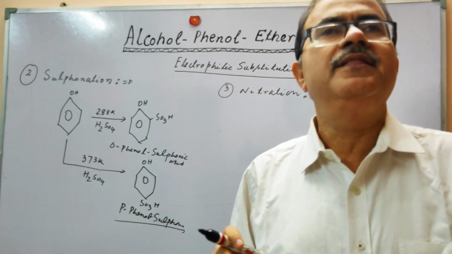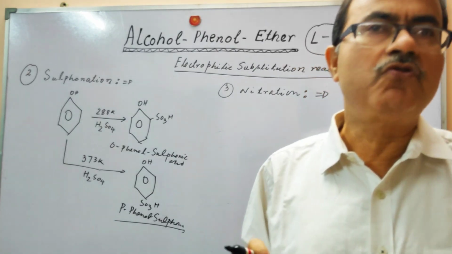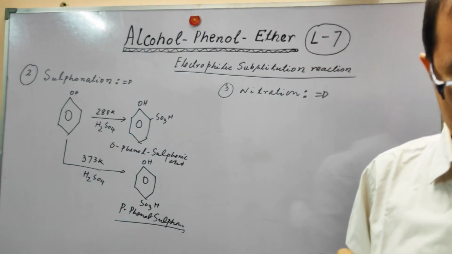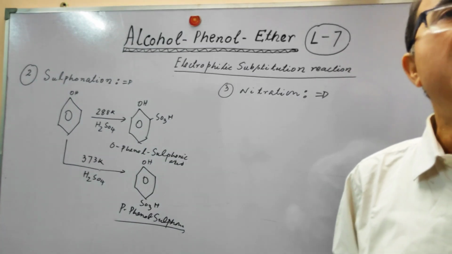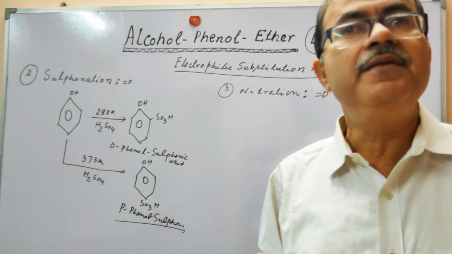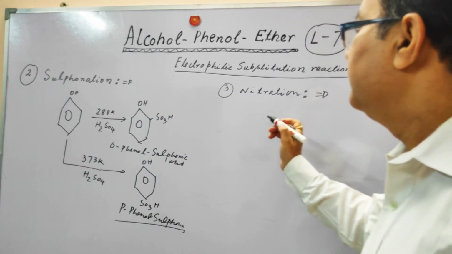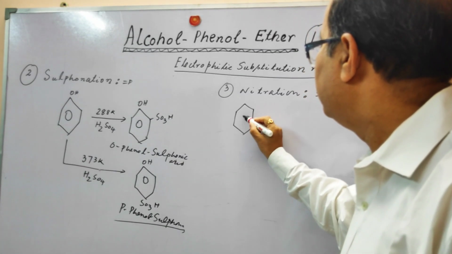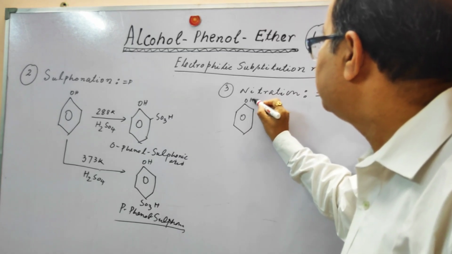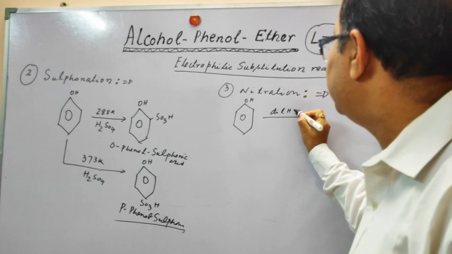In dilute nitric acid you will find something, and with a mixture of concentrated sulfuric acid and nitric acid, you will find something else. So when the phenol reacts with dilute HNO3,